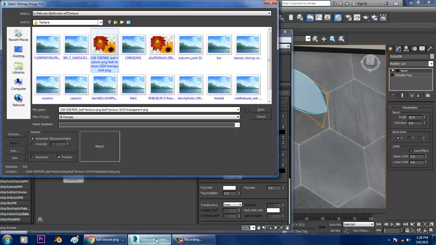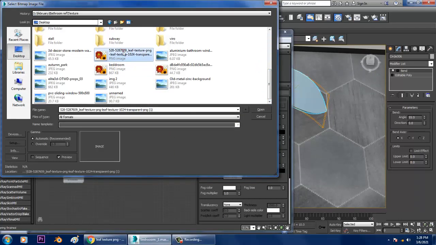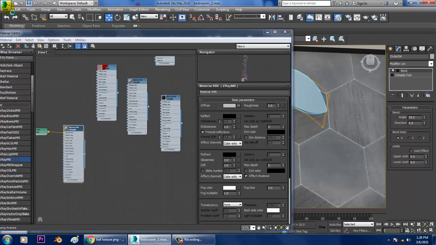Let's see. There's some issue with that. Just save this file. Just reset it.